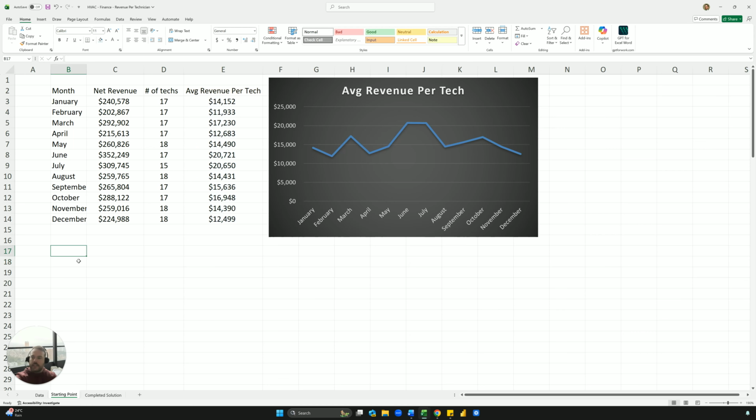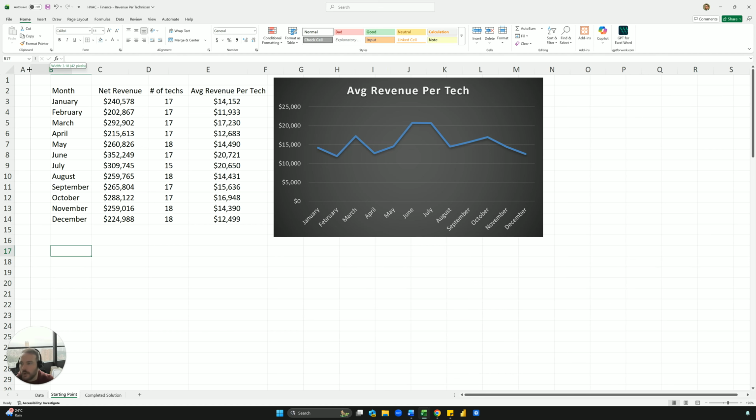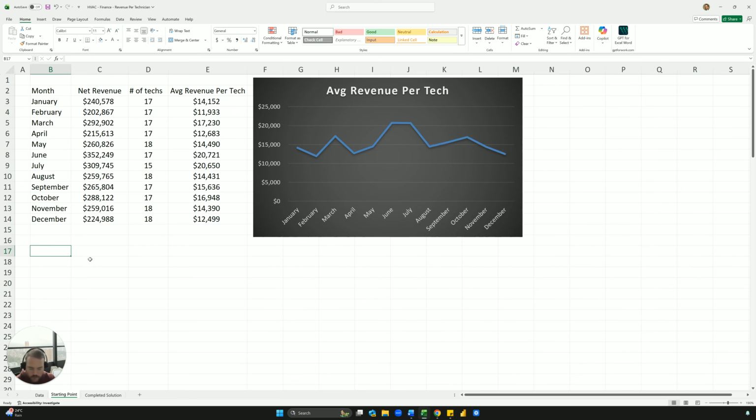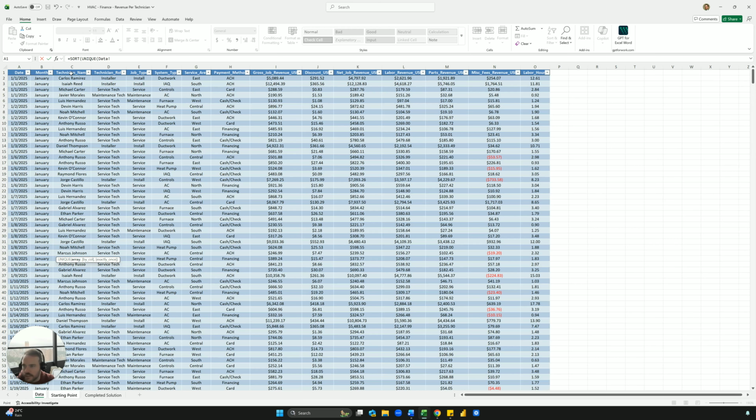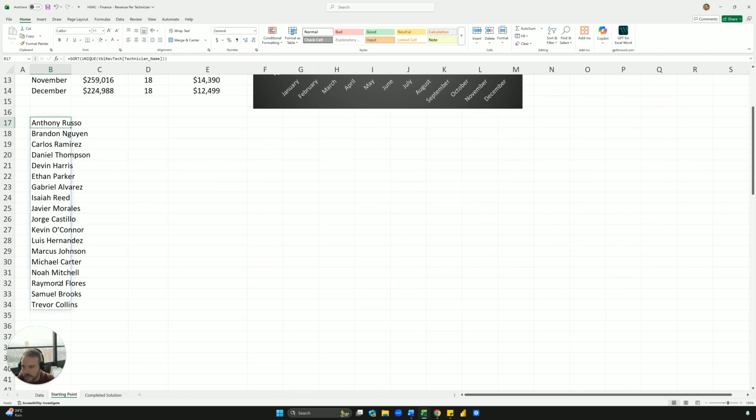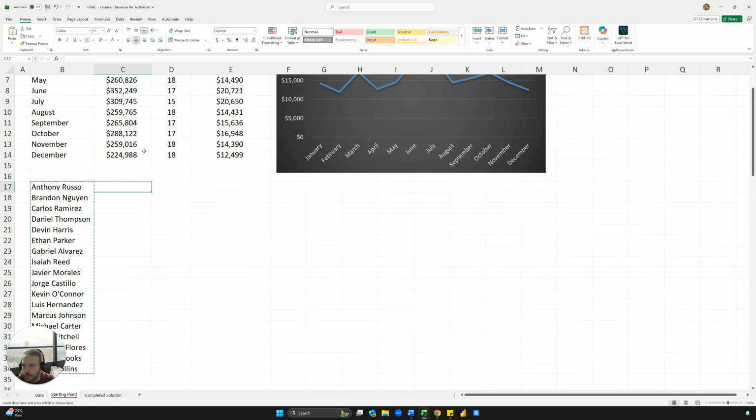Okay. So the next thing that we're going to do is the exact same thing, but based off of salesperson, and we want the total revenue by salesperson. If you go back to the unique function, like we did before to get the unique list of names, we want the same thing here, but we're going to add a sort functionality to it, because then it's going to sort the names A to Z. And so you can see it's sorting it this way. Then you can just highlight everything, press Control C, and then Control Shift V,